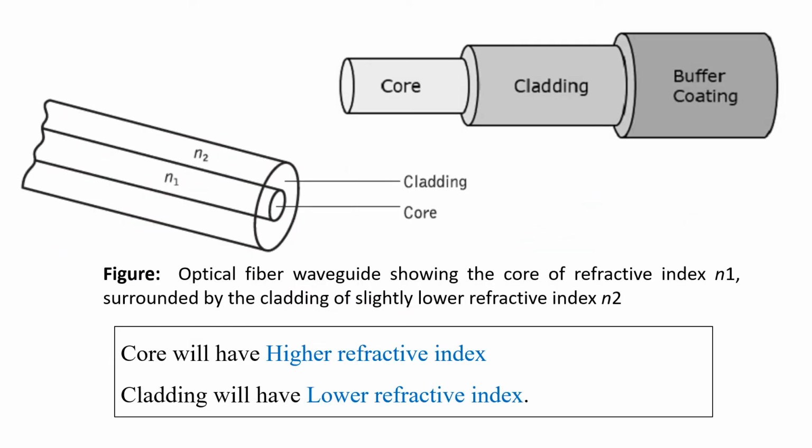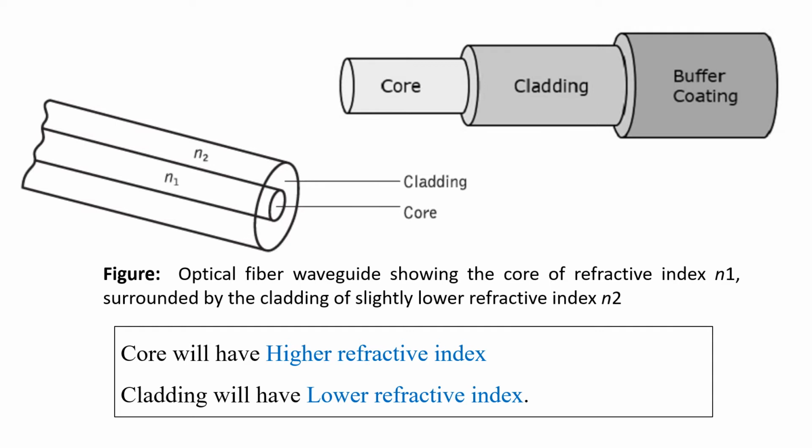So let us understand how the optical fiber is being seen. An optical fiber consists of two parts. One is the core part, that is the middle part of the representation, and the outer part of this core is called the cladding. The core will have the refractive index of N1 and the cladding will have the refractive index of N2. So the notation N is being used to indicate the refractive index. In the general representation, the core is covered by the cladding, which has a protective coating called the buffer coating.